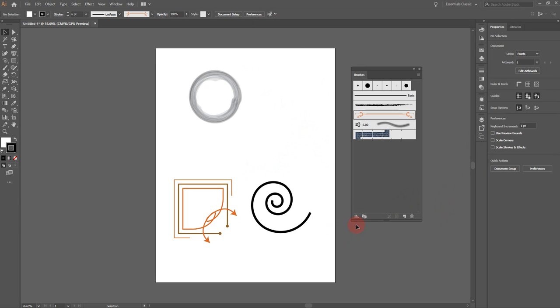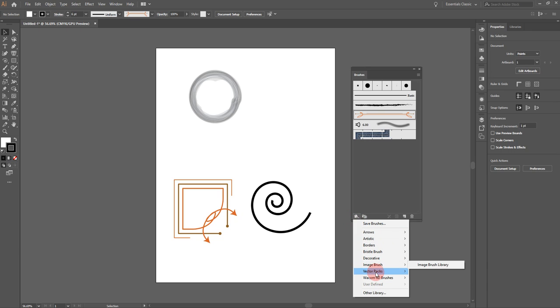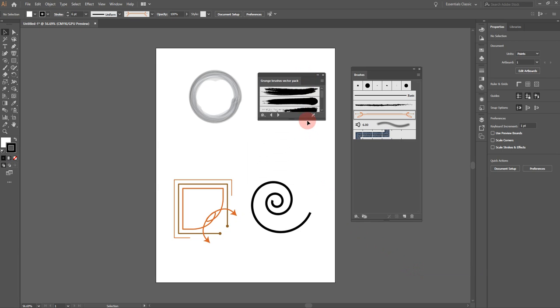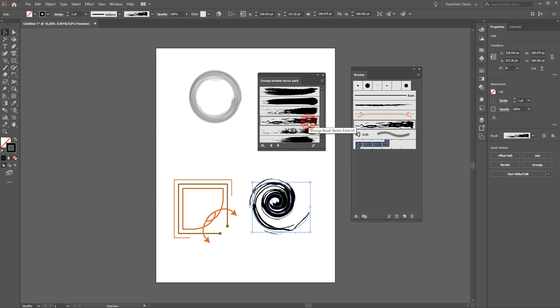You also can come into the brush library menu. There's some different ways to get to it. This one is one easy one. I actually like the grunge brushes. That's just a particular one that I dig. And so, for example,